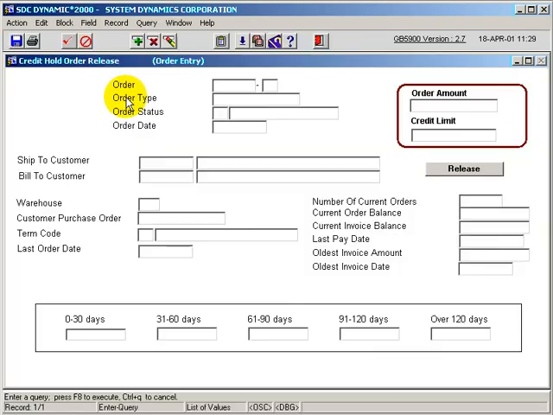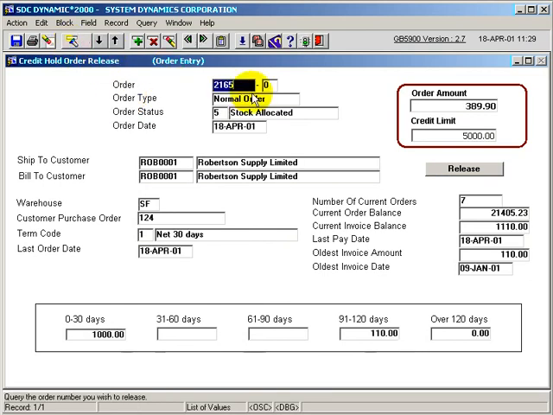Now we can query upon our order 2165, execute query, and we can see various information on this screen regarding the order itself, the type of order, the status of the order, order date, ship to, the bill to, the warehouse, purchase order number, the terms for this particular customer, the last order date, which in this case happens to be today's date, the date that we entered the order, and the various information that we saw in the